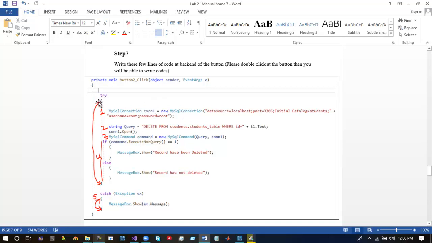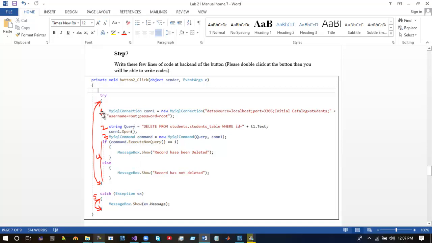I have included an exception block. The first block is the try block, where we write the whole code, and the catch block will catch the error if any error occurs in our code section.